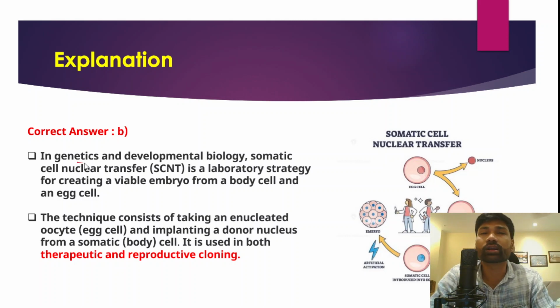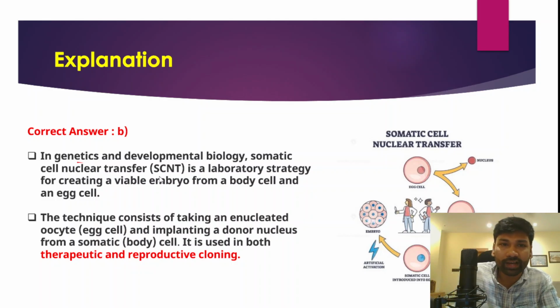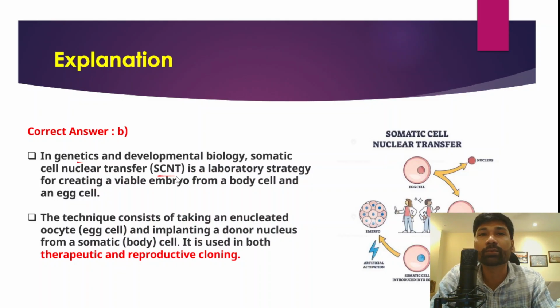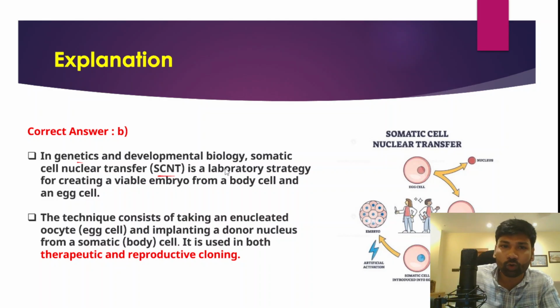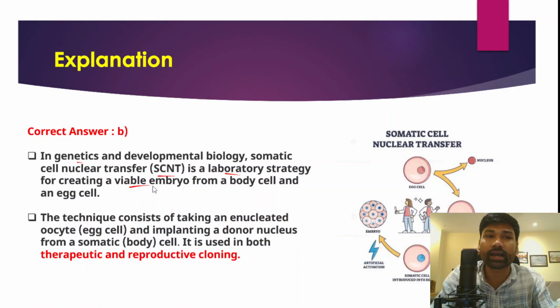In genetics or developmental biology, this somatic cell nuclear transfer is actually a laboratory technique, right? For the purpose of cloning animals, the somatic cell nuclear transfer technology is a laboratory strategy for creating a viable embryo from a body cell and an egg cell. Right, so you can see how this somatic cell nuclear transfer technology is done. The technique consists of taking an enucleated oocyte, also known as an egg cell. For example, this is an egg cell, and this egg cell consists of a nucleus,